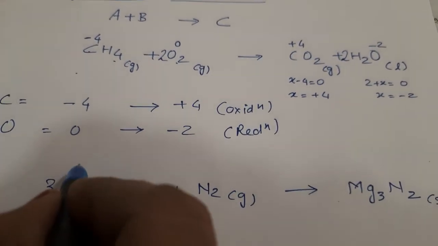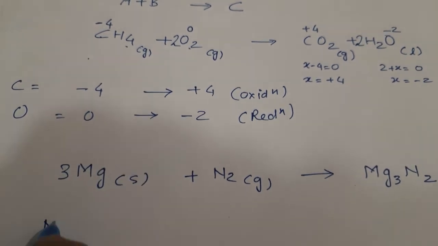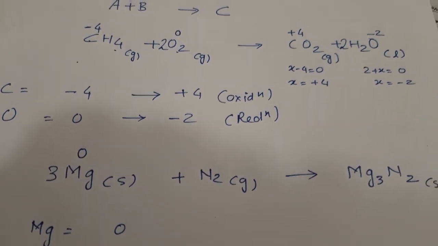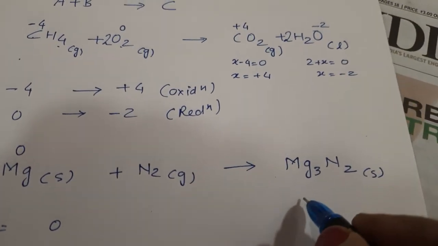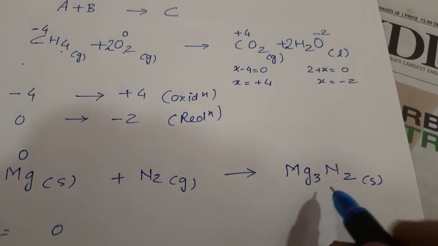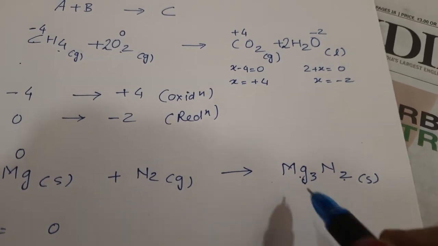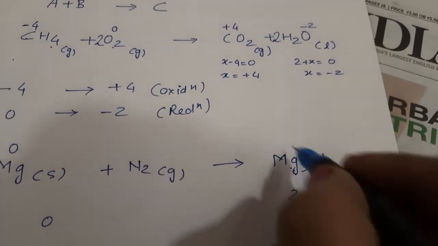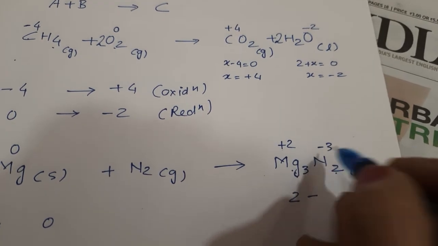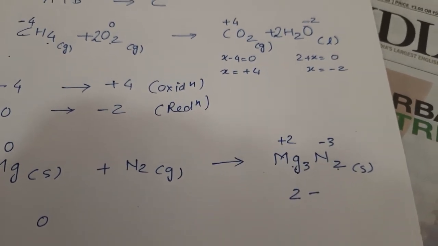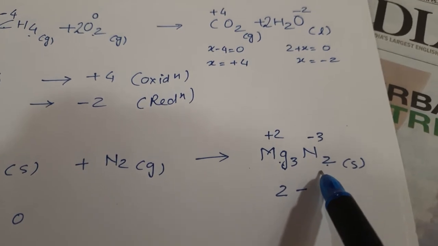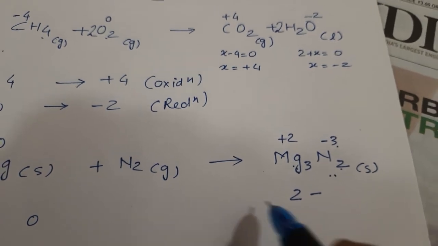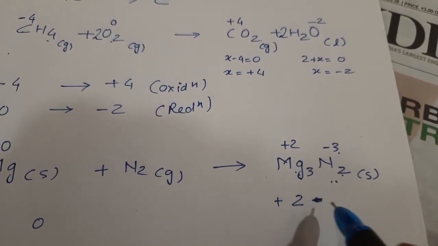Now we will find the oxidation state. So magnesium is 0; in elemental state, what is the oxidation state? 0. Here we don't know, so let us find out its oxidation state. One of them must be known, so suppose magnesium is +2 and nitride is -3. Okay. How do we know? Because the valency of nitride is -3 and magnesium is +2. It is known. So 0 to +2, what is it? Oxidation.